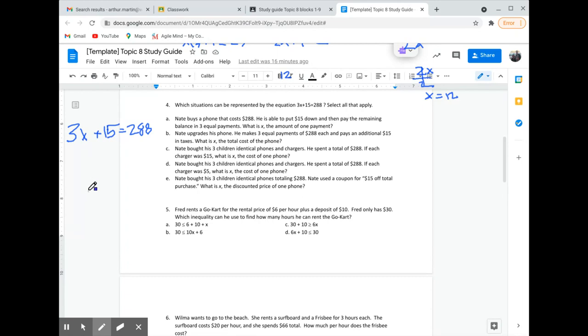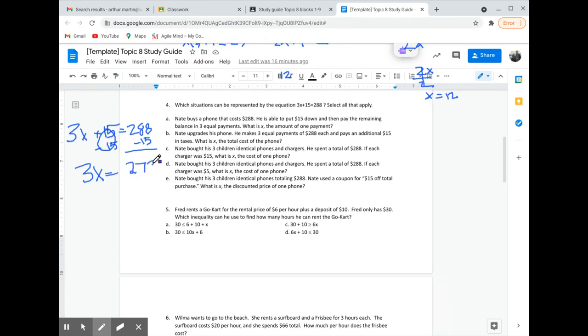We do something with its opposite. What do we do? Subtract. Yeah, we can either add the opposite or subtract. So when we subtract 15, we get 0. And if we're thinking about this like the balance scale model, if we do it to one side, we have to do it to the other because of the subtraction property of equality. So we're left with 3x equals